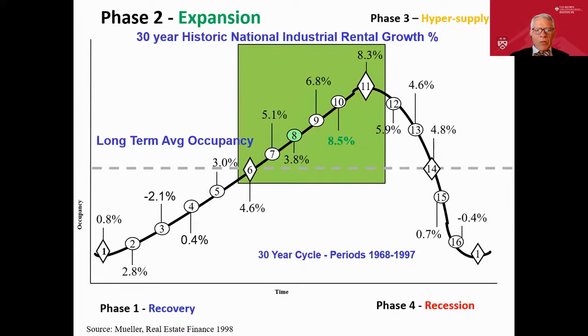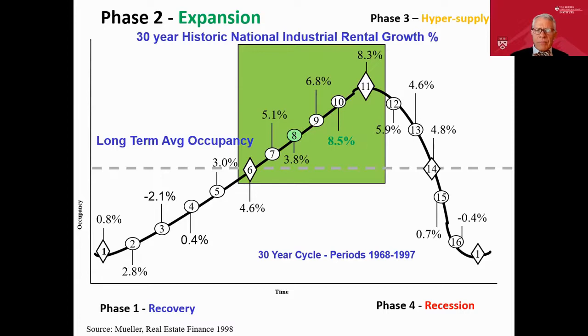There you go. For industrial, it's basically the same kind of thing. Negative, low rents at the bottom, a little better than inflation at 0.6, highest rent growth at 0.10, and then deceleration and down to low and negative at the bottom. So if you knew where your city was in the cycle, would that not help you in making investment decisions to acquire, to improve a property, to sell it now, to sign longer leases or shorter leases, in everything that you're doing? So your investment strategies and your management strategies can come from this kind of thing.